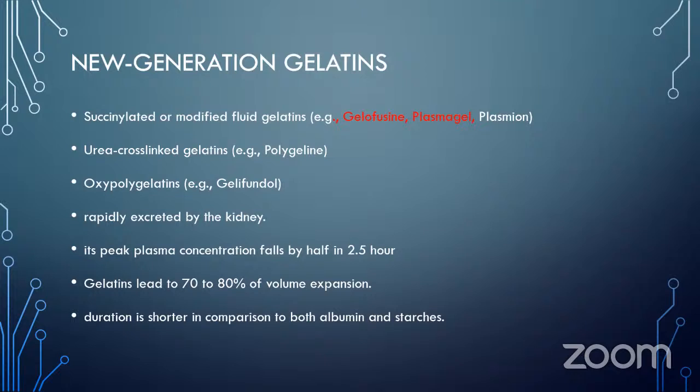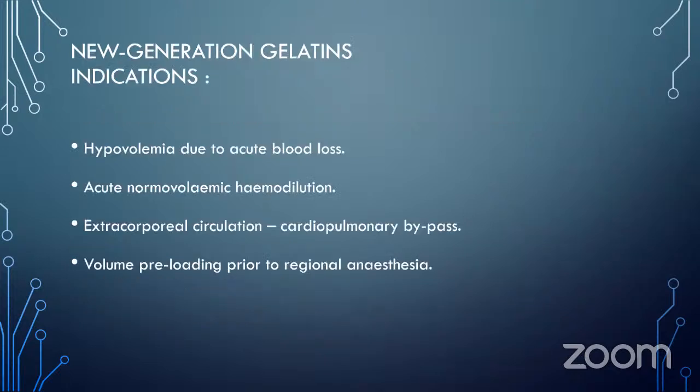The gelatin leads to 70 to 80% of the volume expansion, and the duration is shorter in comparison to both albumin and starch solutions. So the indications of newer generation gelatins: probably hypovolemia due to acute blood loss, where you don't have the provision of your blood bank, where you think that the time is short for getting the blood products. You can try these newer generation gelatins to achieve